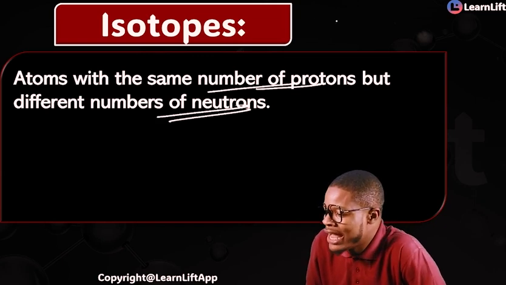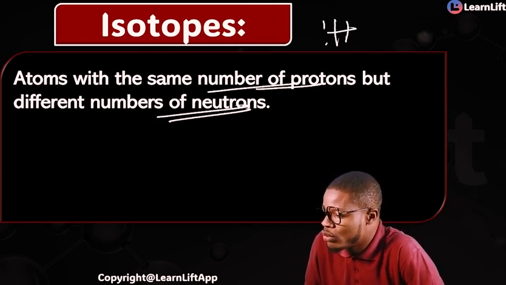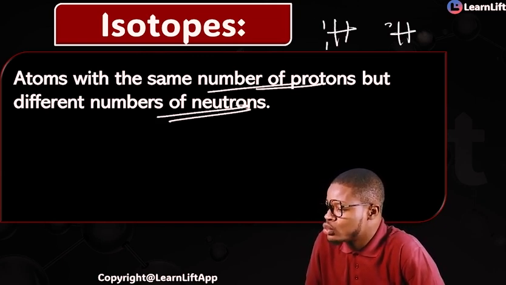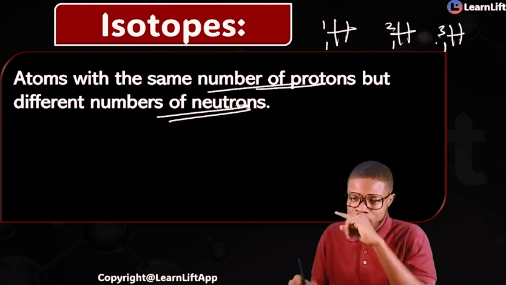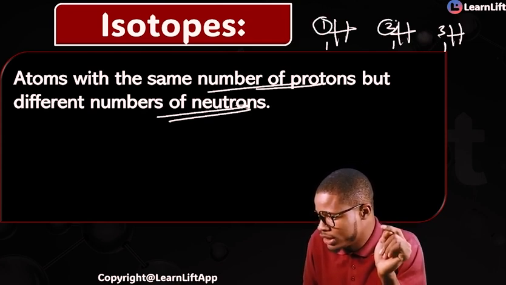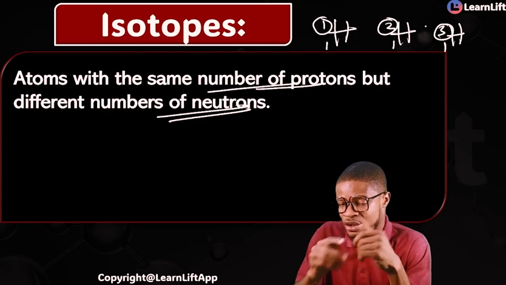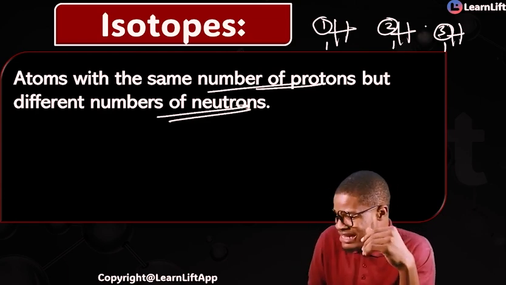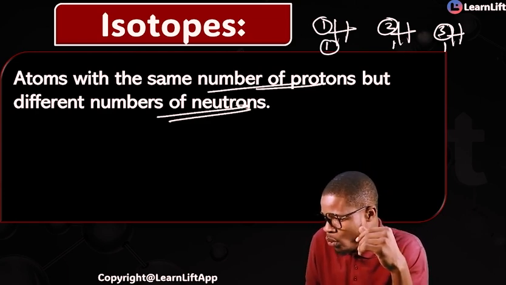Let's say, for example, hydrogen. We have hydrogen 1, 1. We have hydrogen 2, 1. We have hydrogen 3, 1. Now, listen to this very quickly. I told you that this number up here is called the mass number, or atomic mass. And then this number down, 1, 1, 1,